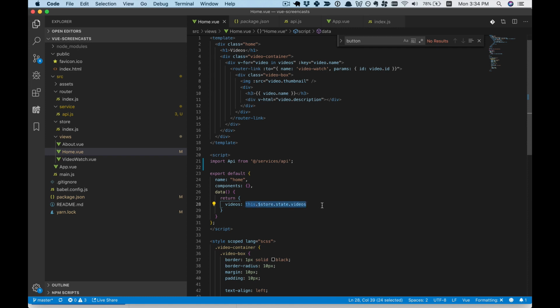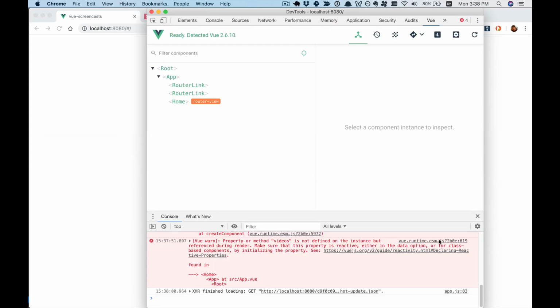Instead of getting it from the state, we'll get it from here. And don't worry, we'll be going back to the state eventually. This is just to experiment. Okay, and we'll call get, and then we'll call videos. And of course, we have to call this as the function. Okay, so